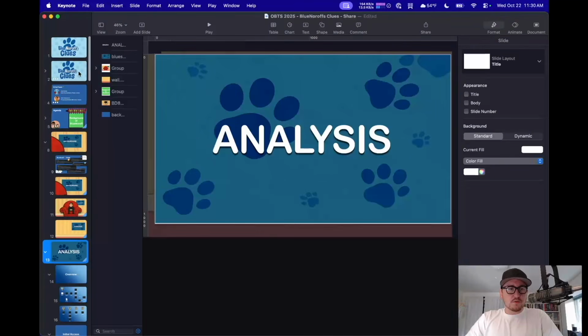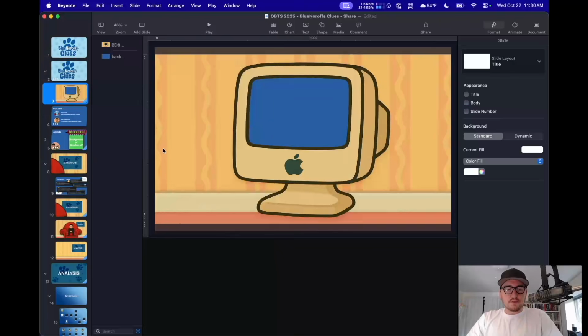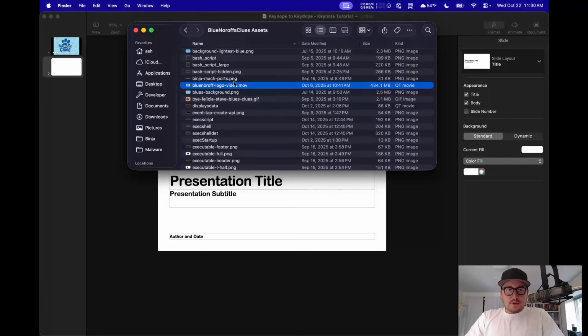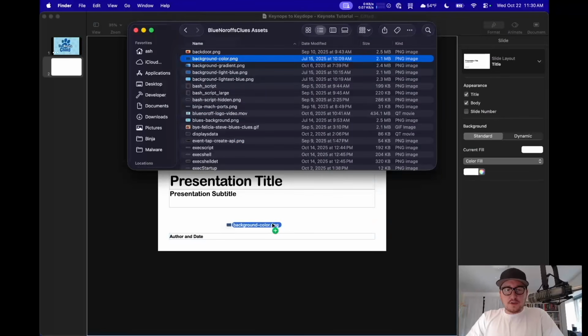let's look here. We're going to have our introductory slide, which is this zoom into the computer. There are a few components here. First, we have a background image. Now, I use this background image a lot. This is the dark blue. All I do here is put it here,